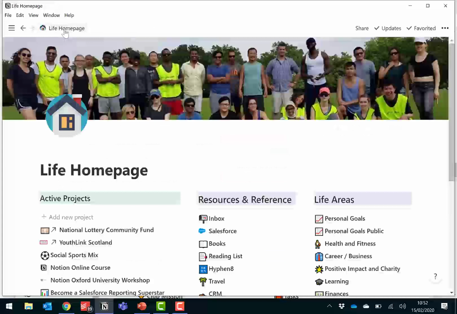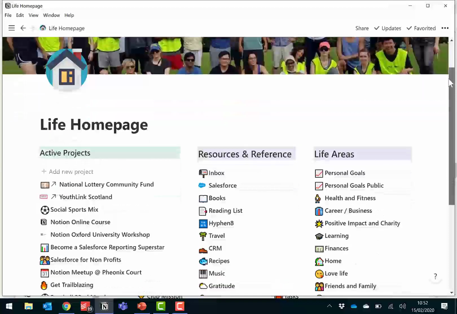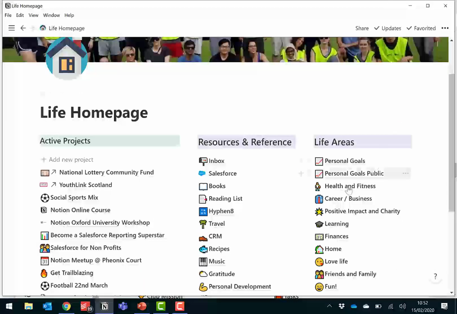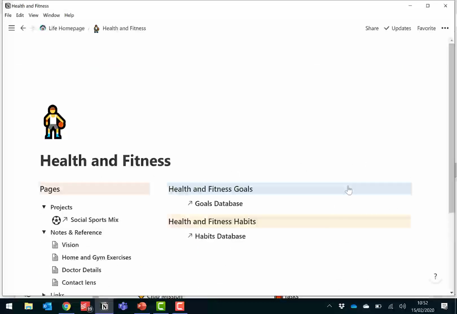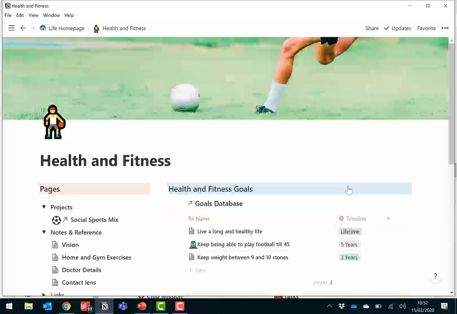So going from the goals, we can say, what about our different areas in life? I've got different general areas of life here on the right, such as health and fitness, career and business. Let's go into health and fitness.